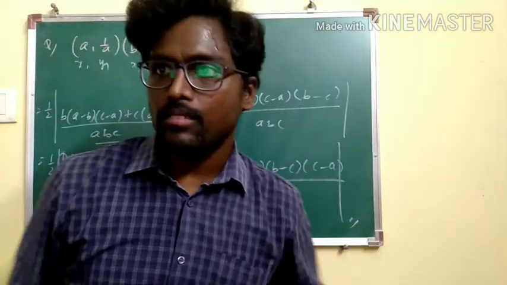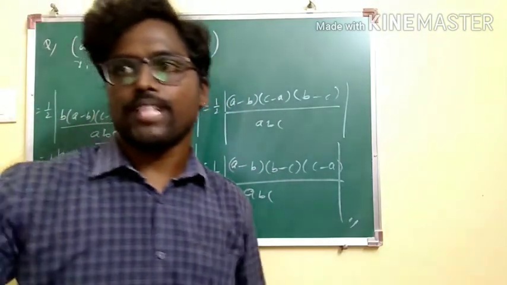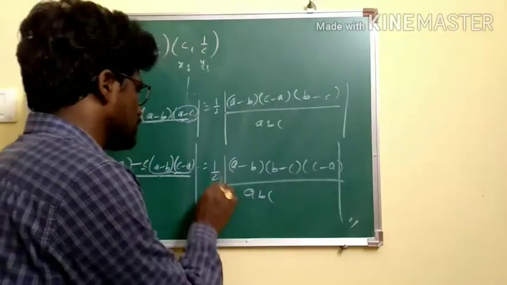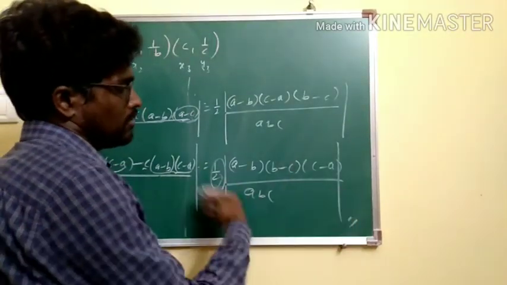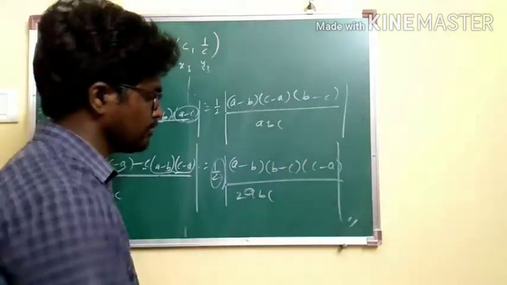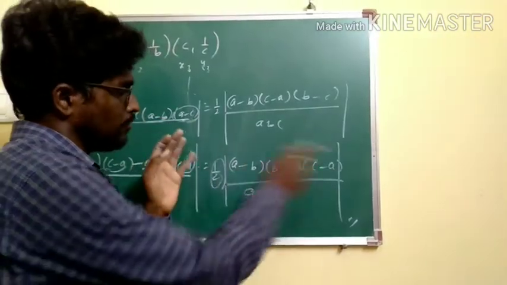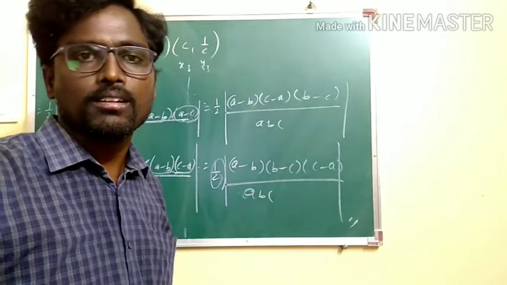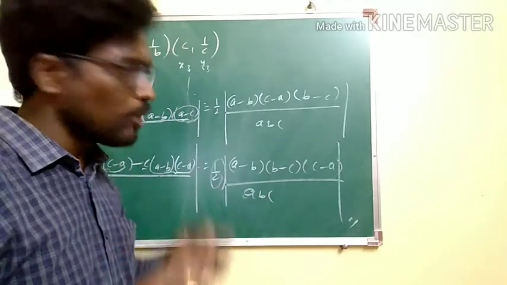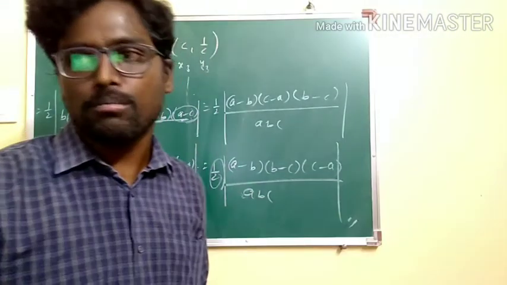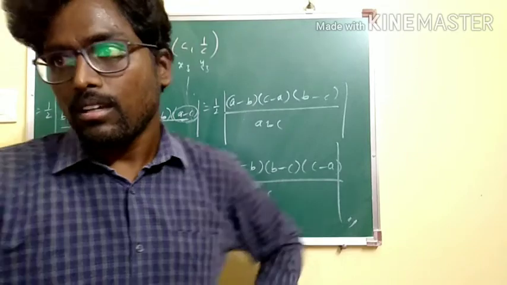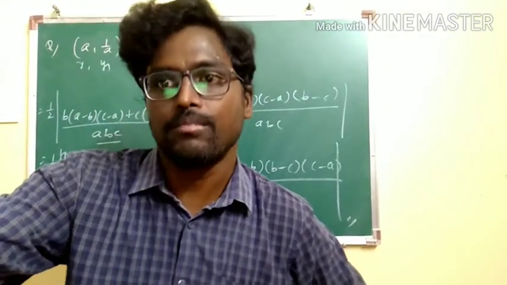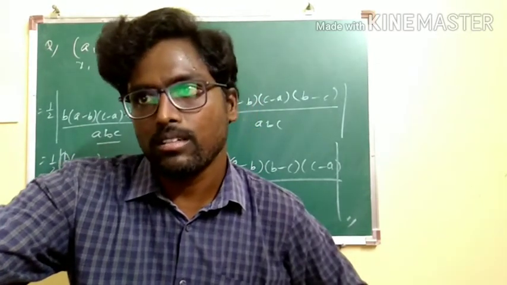What is the option here? Second option. We have the second option as modulus of (A minus B) into (B minus C) into (C minus A) by 2ABC. Means this you can multiply into the modulus part, so that you will be getting 2ABC. Not an issue. Either you can write half into this, or (A minus B)(B minus C)(C minus A) by 2ABC. Hope you understand. Nothing complex here. Only the factorization part you should be very careful, because most of the students may get confused in handling this kind of problems in factorization. Rest of the cases you can do well, not a problem.